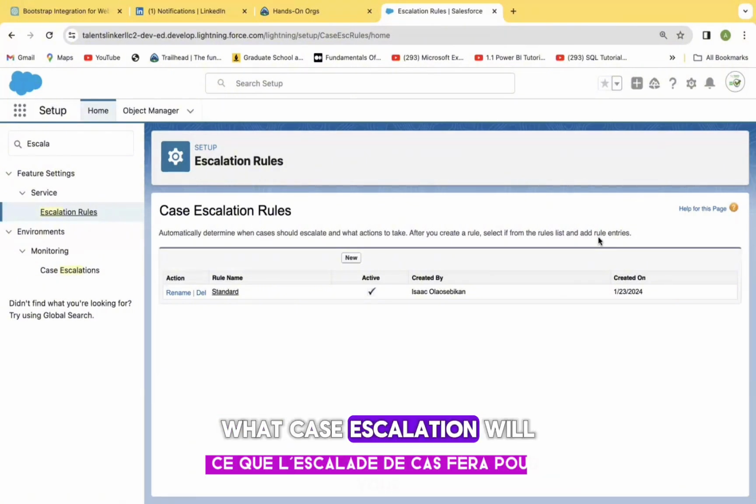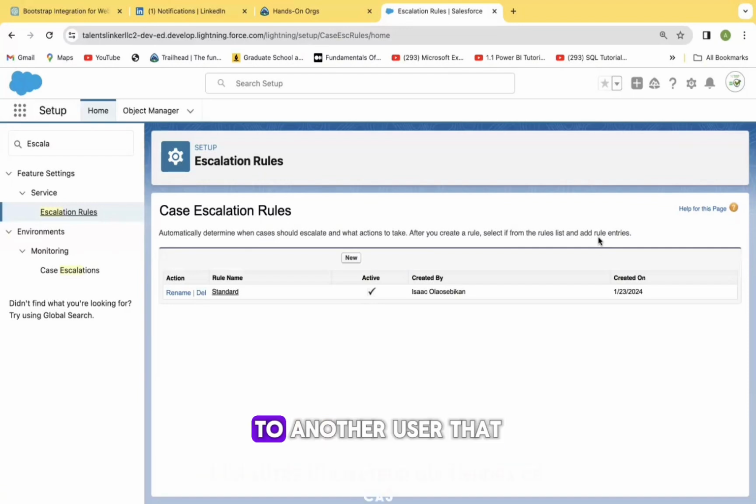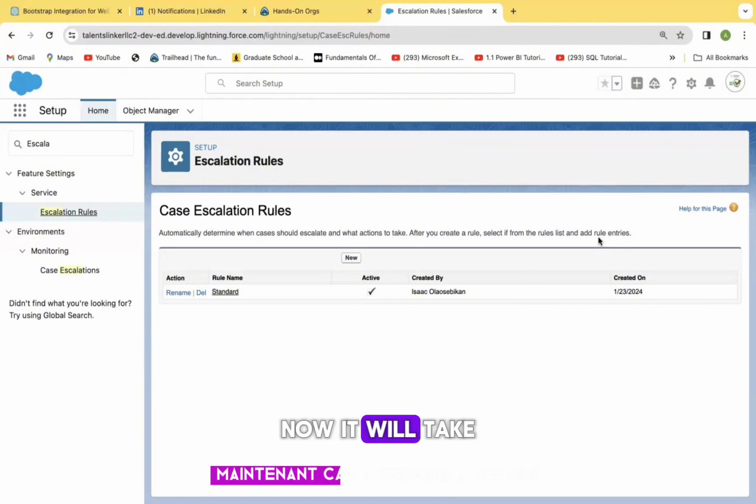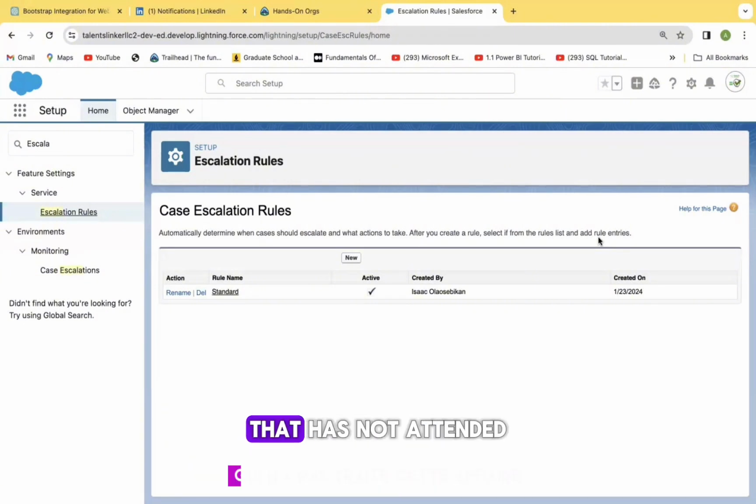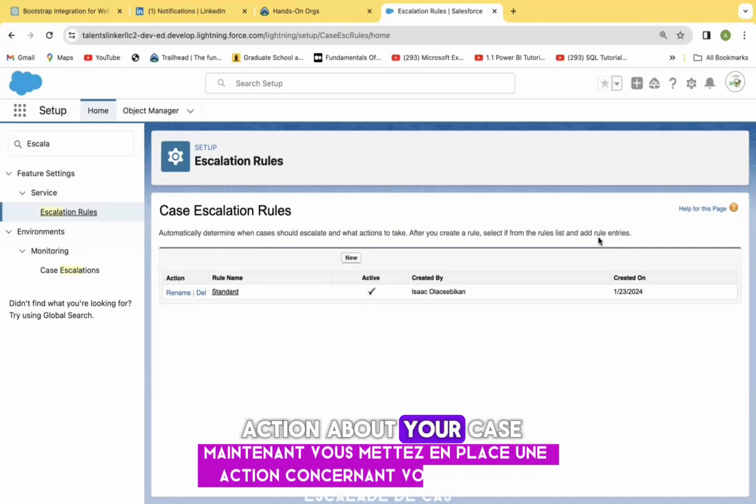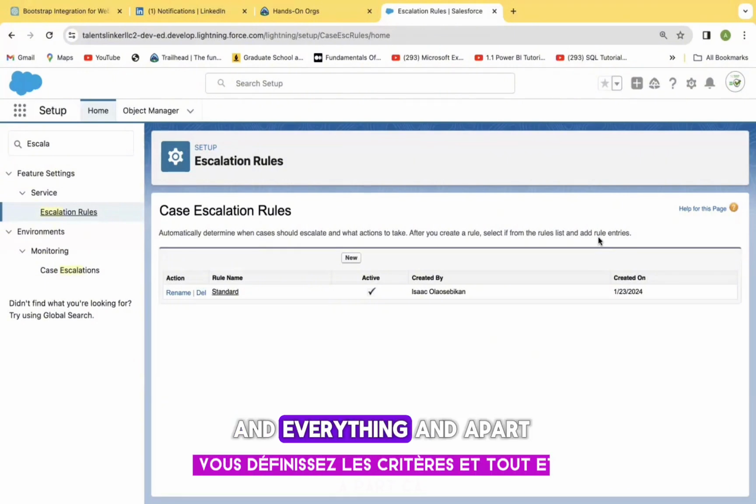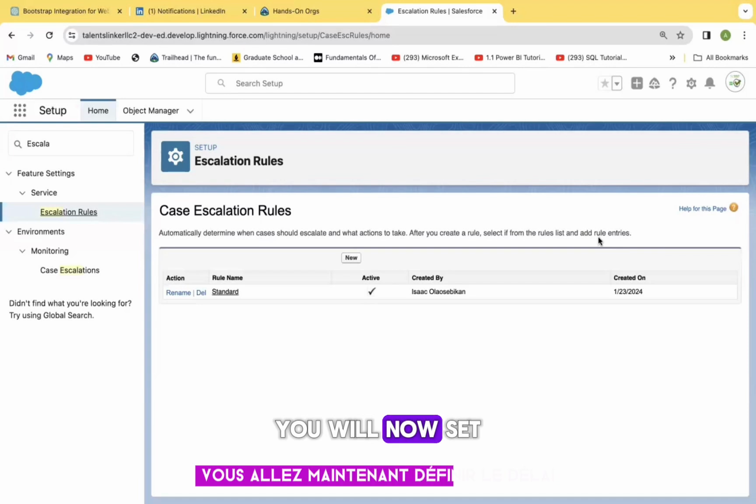What case escalation will do for you is to reassign the case automatically to another user that will own that case now. It will take the case from the person that's supposed to do it in the first place, who has not attended to that case. Now you set up an action for your case escalation rule. You set the criteria and everything. And apart from that, you will now set the time frame,